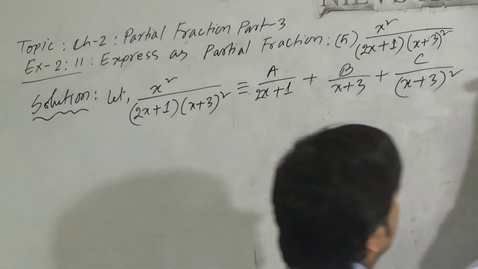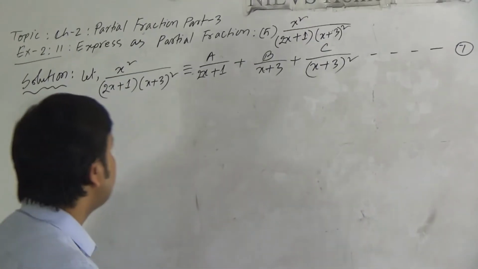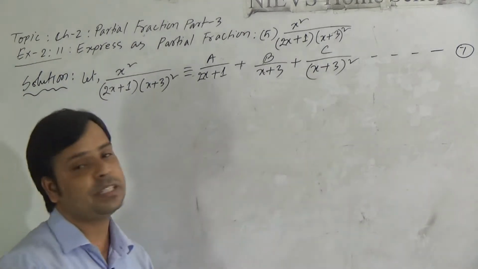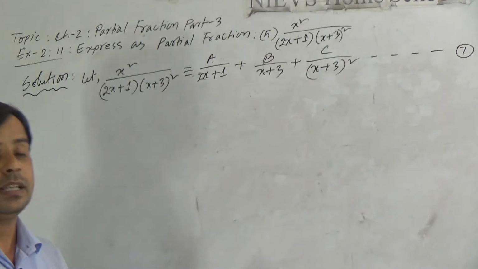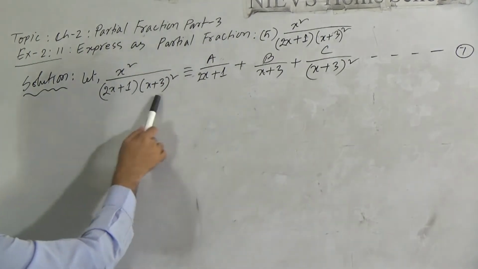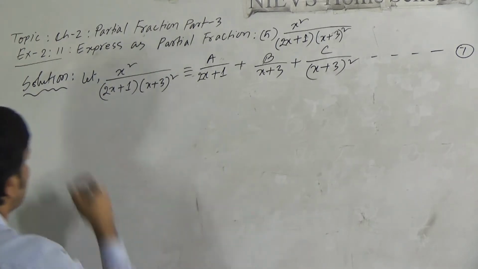So we can write here, this is equation 1. Now if you see here, a, b, c are three unknown quantities here. We need to determine the value of a, b, c. To determine the value of a, b, c, now we can multiply both sides by the denominator of the left side. So we can write here,